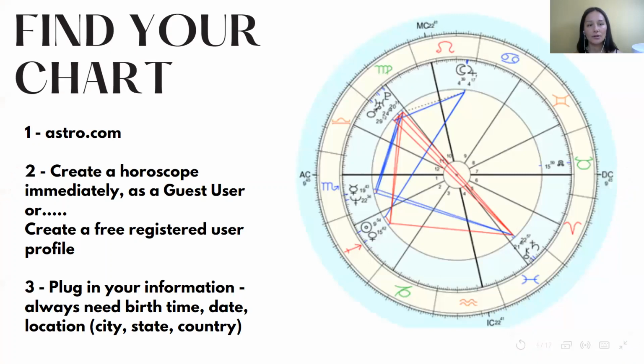So to find your chart, I suggest going to astro.com, and it's really easy. You can make an account and it'll have all your login information, and you can actually stack up charts. If you want to plug in yours, but also your mom's and your parents' and your friends', you can gather a list of charts and they hold it all for you there. It's best on a computer rather than a phone, and it's free, and I like that about it.